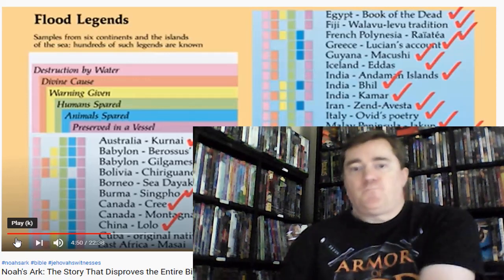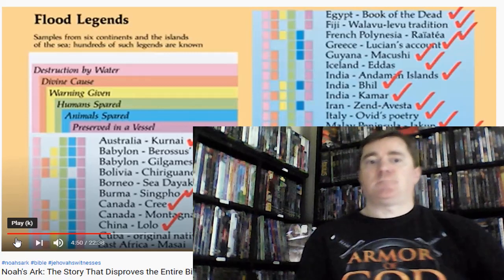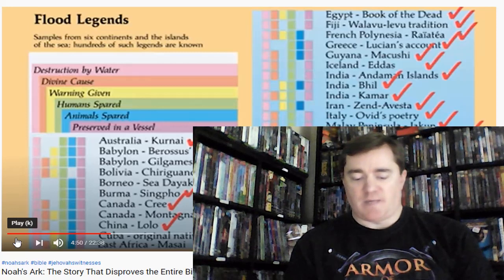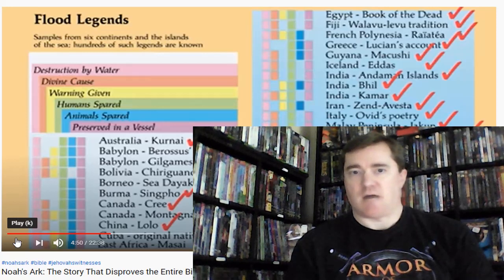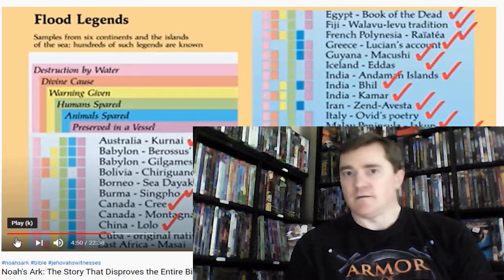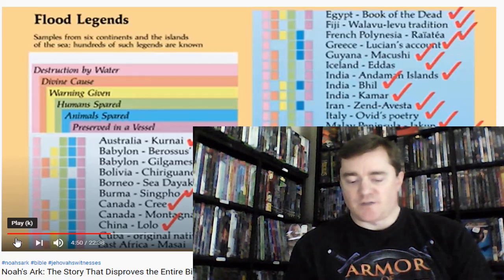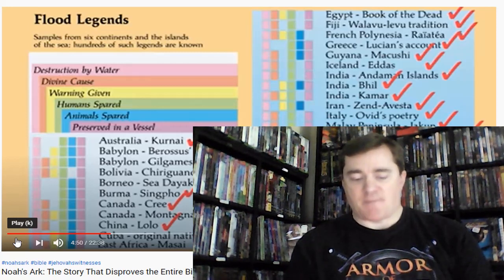The thing is, how would people in the middle of Alberta, nowhere near water, know this legend? Because according to this map I have,